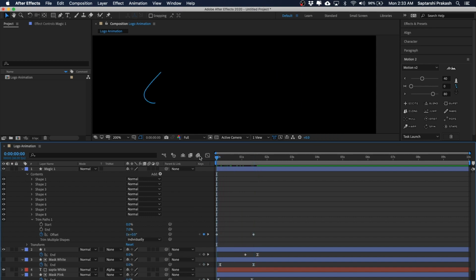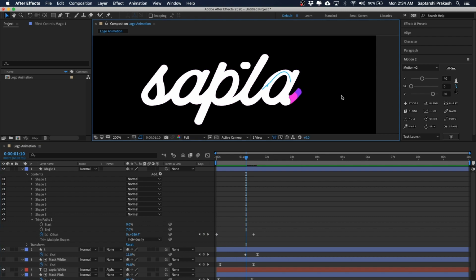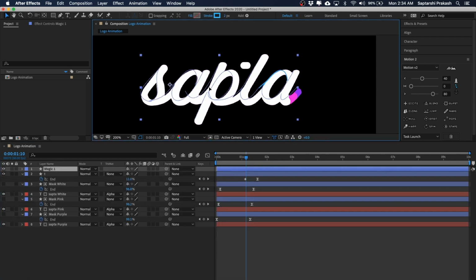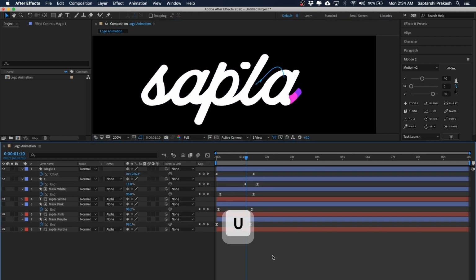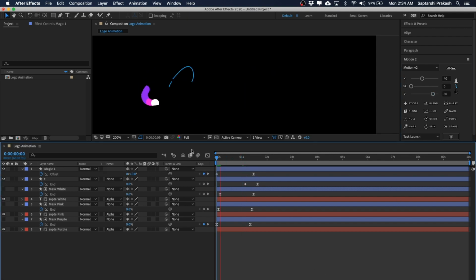So if I go back and play once again, you see what is happening? But it's happening right in the middle of the text. I don't want it that way. So what I will do, I will select Magic and I will move it somewhere here, towards the top left. I'll keep it somewhere here. And now if I hit U, I'll also add the same amount of easing. Actually, I will leave the first keyframe. To the end keyframe, I'll add an influence of 80% for the incoming velocity. And now when I go and play it,